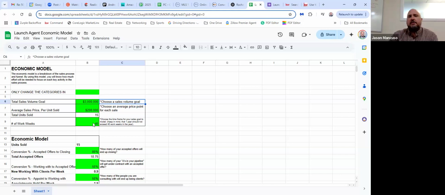This number of work weeks category essentially is the time frame for when you want to sell these properties in. Now, I chose 40 here because typically we're going to have this model apply for the next year, right? And one philosophical coaching element is that you really shouldn't budget for any more than 40 work weeks within any calendar year. Okay. So there's 52 weeks in a year total, right? Budgeting for no more than 40 work weeks